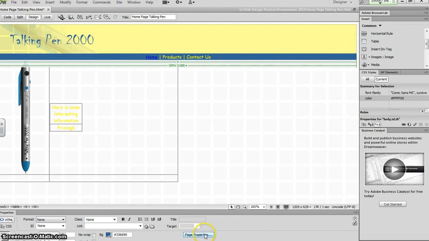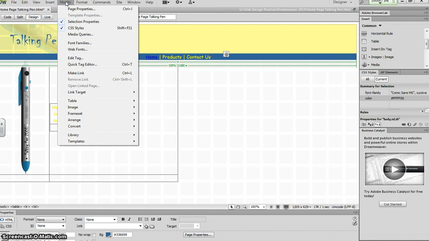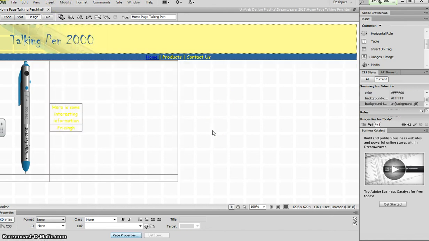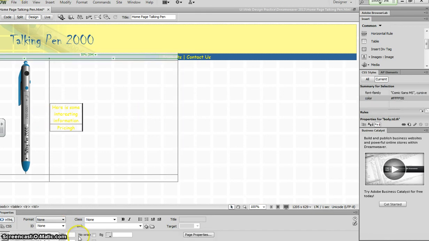So when you use your page properties here, it changes all of the font in your text, and I must have missed highlighting the home information here as I was setting it up. So what we might need to do to be able to individually change the font for this particular